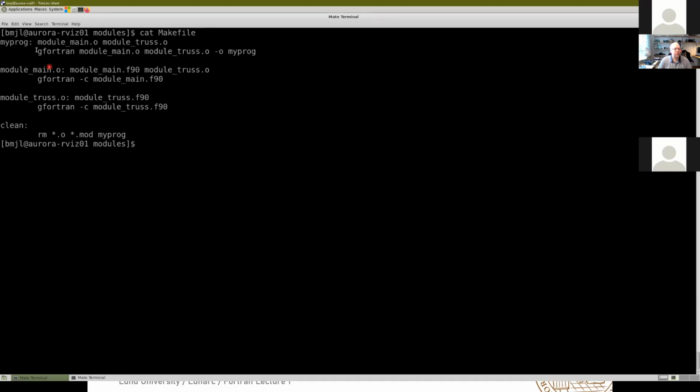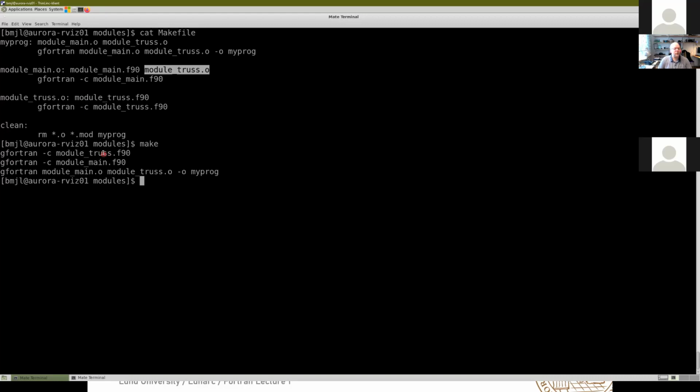We have module main, module truss, and myprog, and you see here that we have added the object file, module truss.o, as a dependency. So to be able to build module main, this one also needs to be built. If we do make here, you can see it builds module truss first, and now module main is built